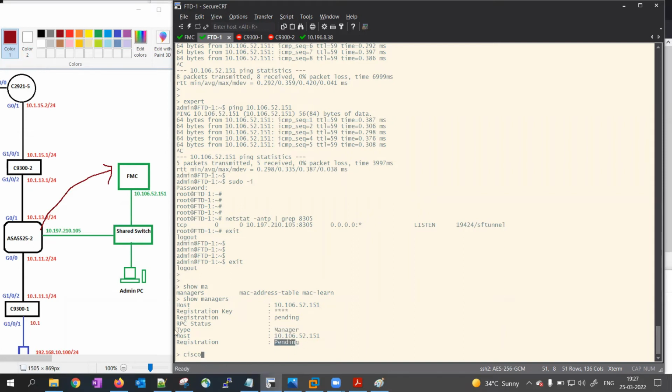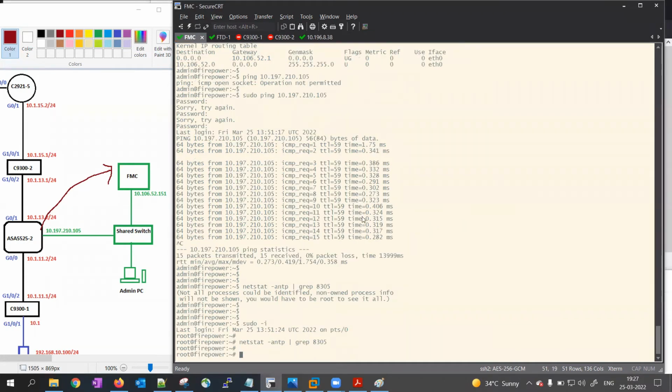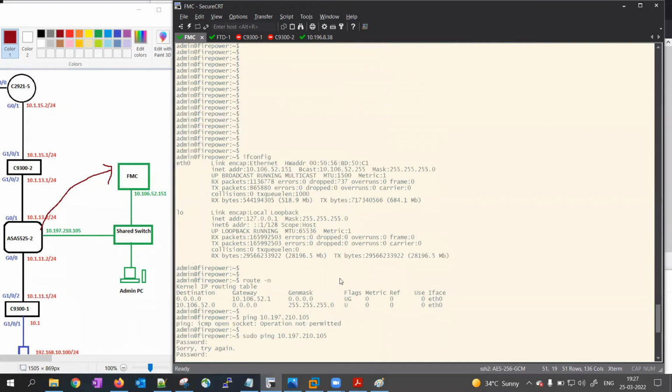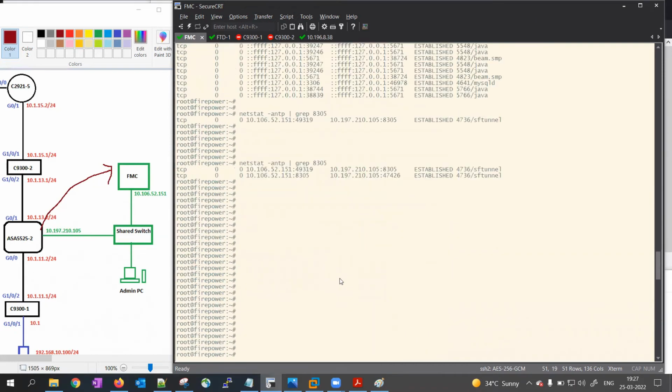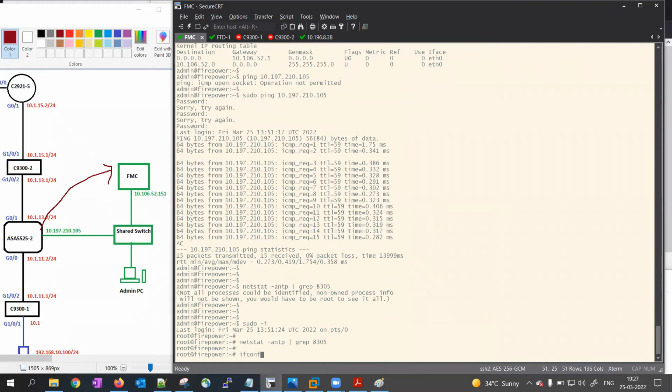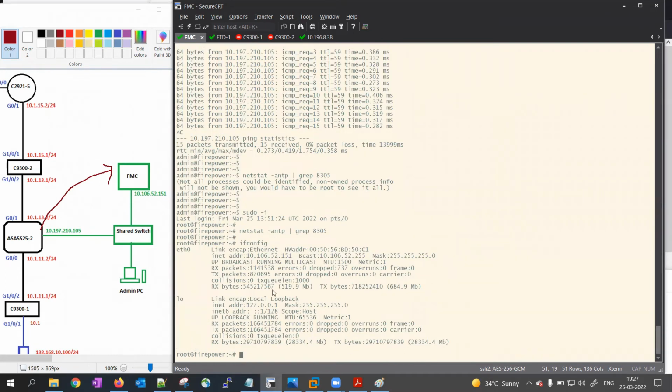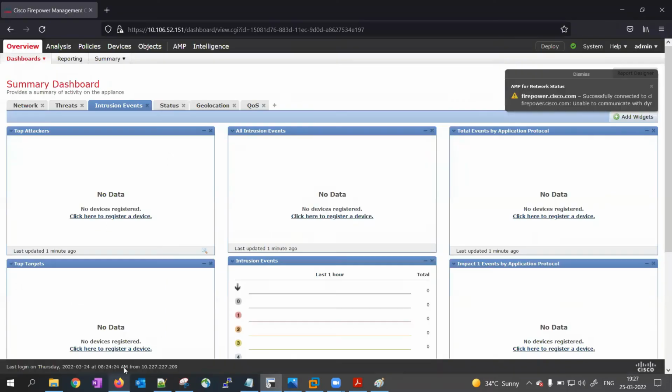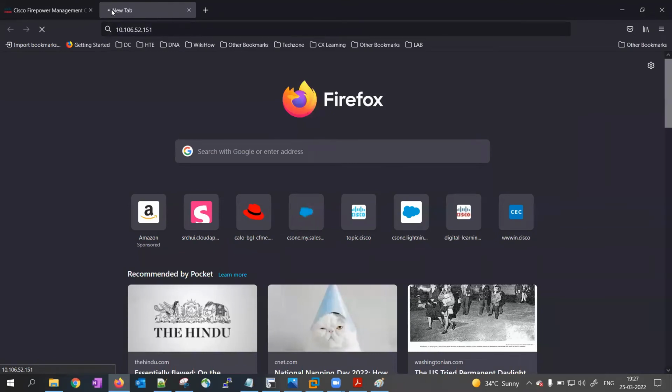Let's do that. Let's go to your FMC. You need to browse to this IP. What is your IP? Yes, you need to browse to your IP. This is your IP. Let's browse this. If I go to this IP or in a new browser, you will see we'll land on FMC. It's a little slow,